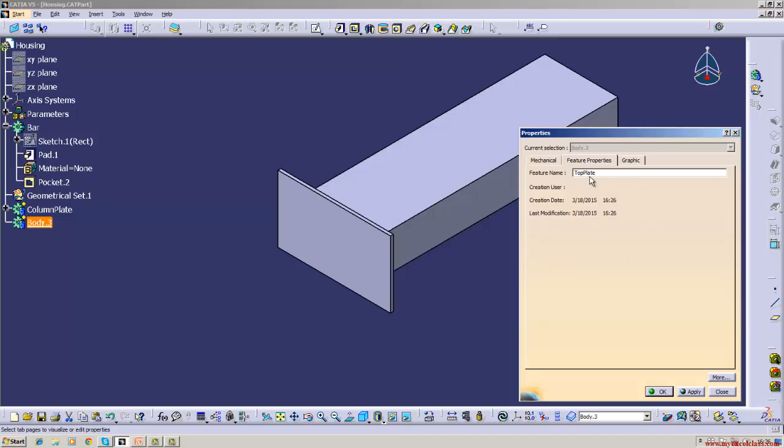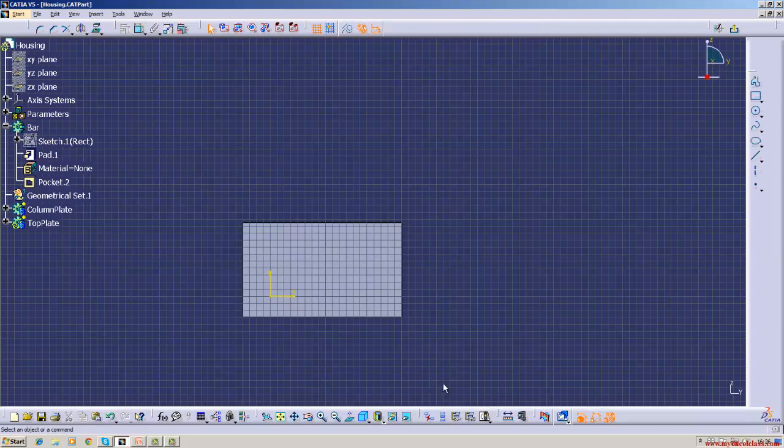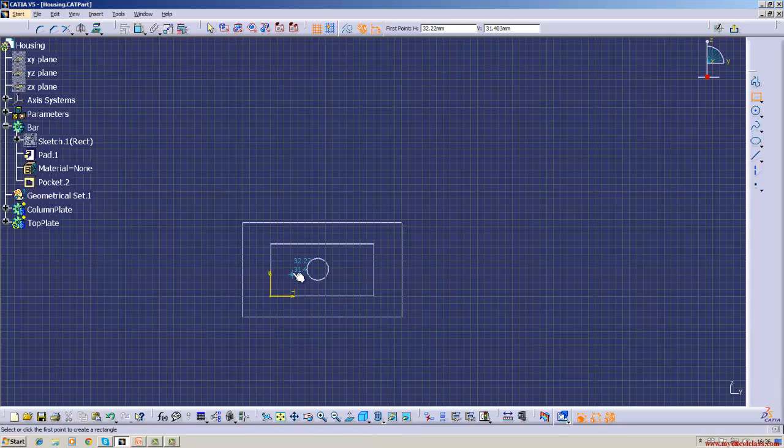This is a property scale, we have to assign the feature name and all that. And then you can select here. It is to be in this plane. Select here, click here. Okay. Then if you want to see the inner sketch to give the dimension, if you want to fix the plate exactly to this size,